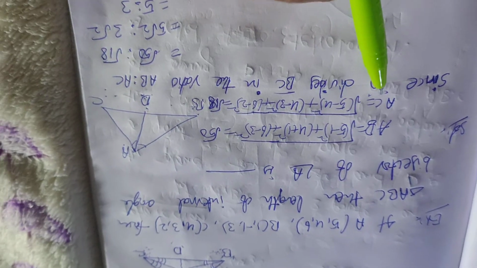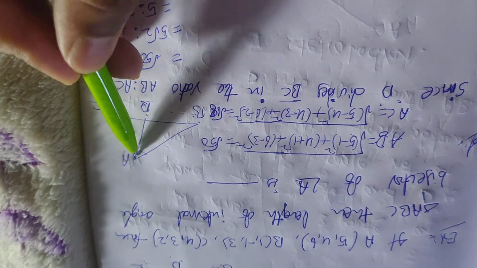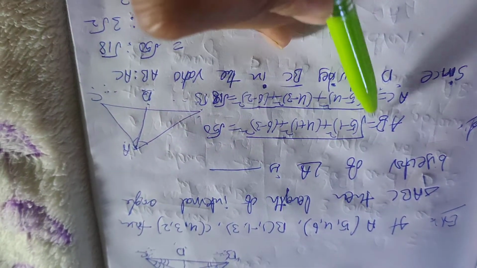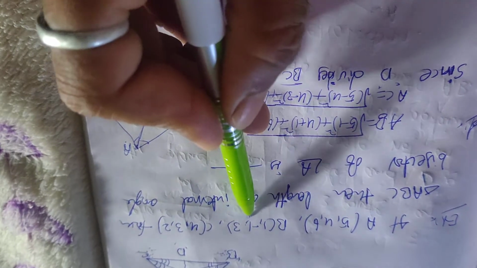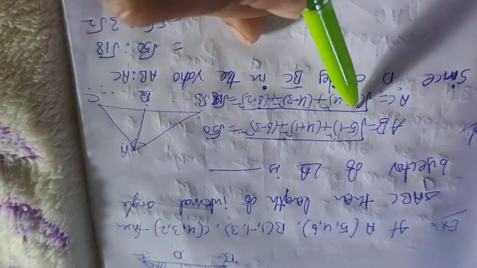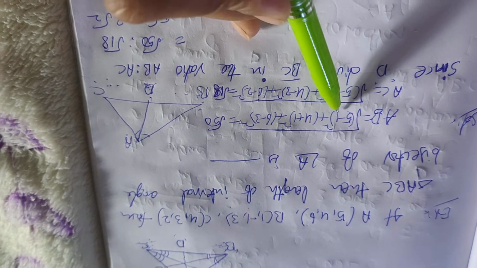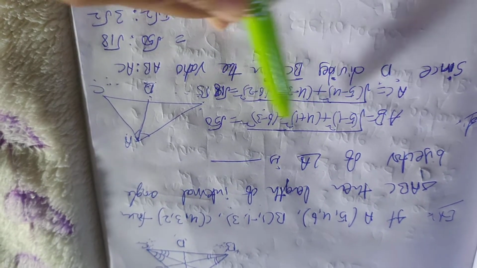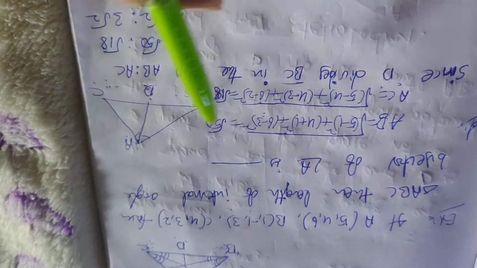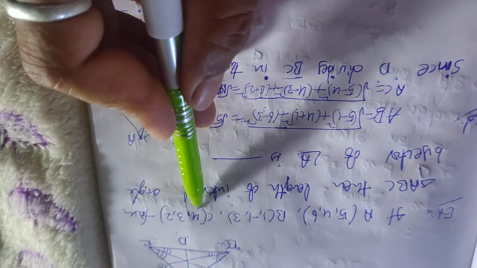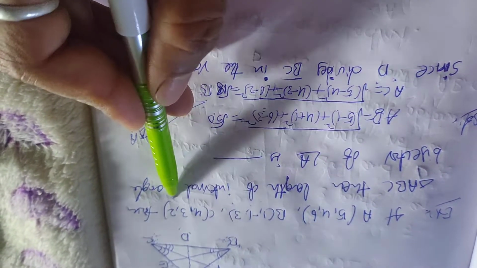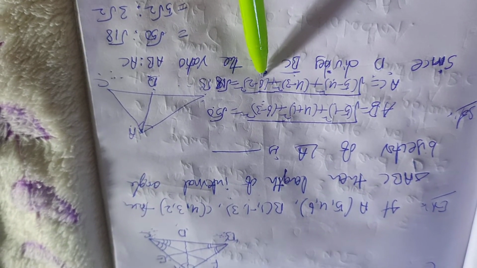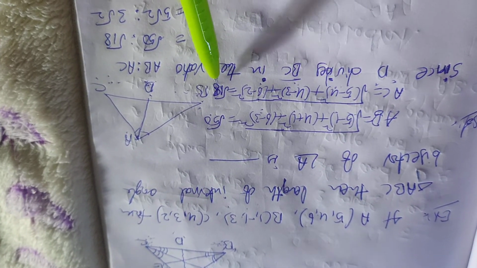This is the procedure. So first, D divides BC in the ratio AB is to AC. AB is the distance between A and B: root over (5 minus 1) whole square plus (4 minus of minus 1) whole square plus (6 minus 3) whole square. So 4 square is 16, plus 5 square 25, plus 9. So 16 plus 9 is 25, plus 25, root 50. AC is root of (5 minus 4) whole square plus (4 minus 3) whole square plus (6 minus 2) whole square. So 1 square plus 1 square plus 16, that is 18, root 18.